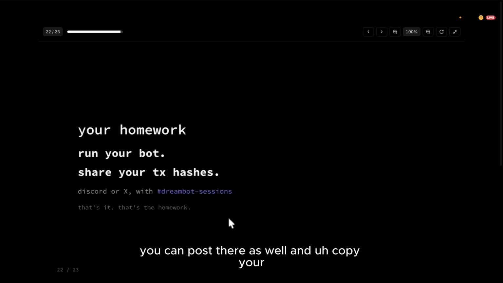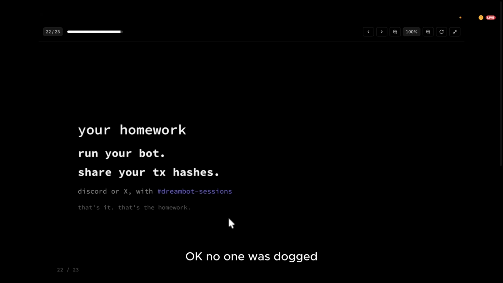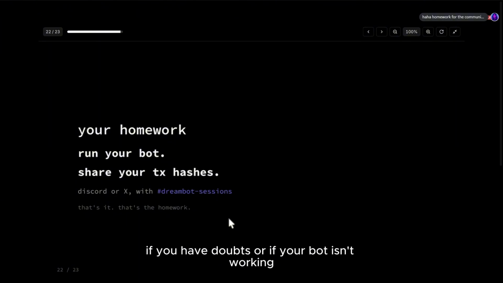That was just public addresses, no one was doxed. So run your bot, share your transaction hashes. If you have doubts or if your bot isn't working, ask in the group, and we'll help you as required.